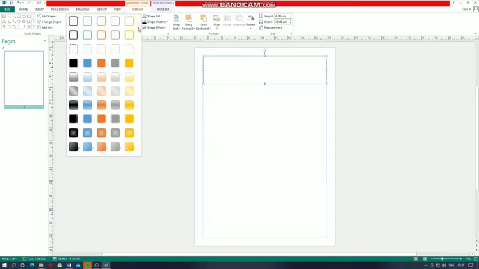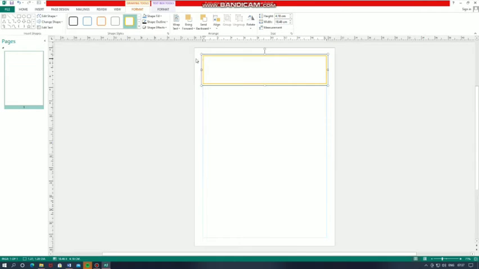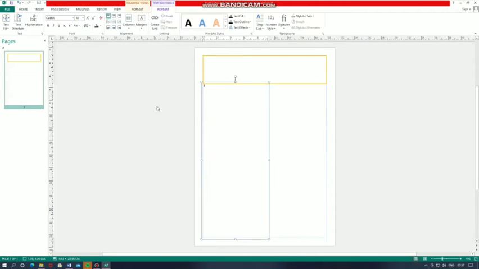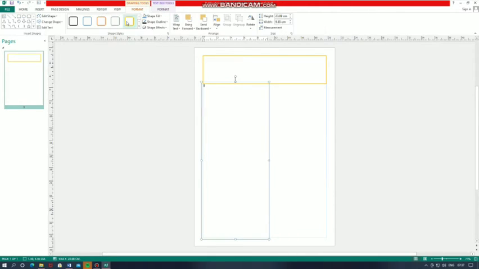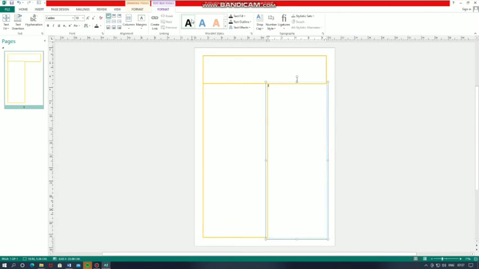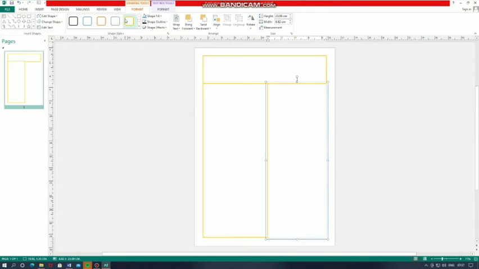You can give the effects so you can see text boxes. Now, this is our second text box. And this is third text box. So like this you have to insert first of all 3 text boxes here, which is shown in your book.